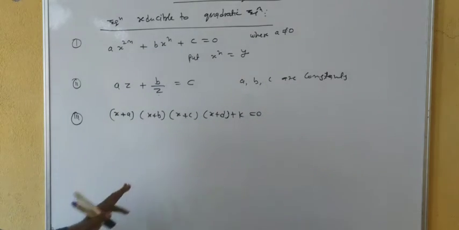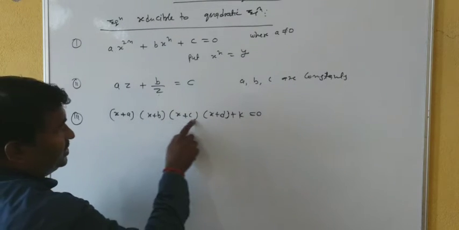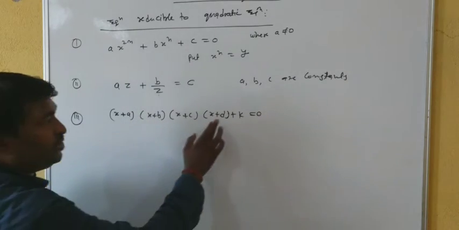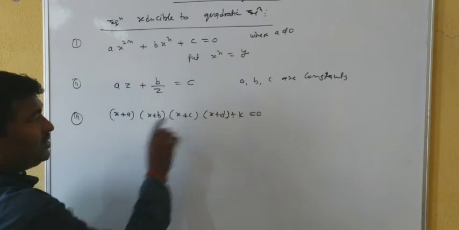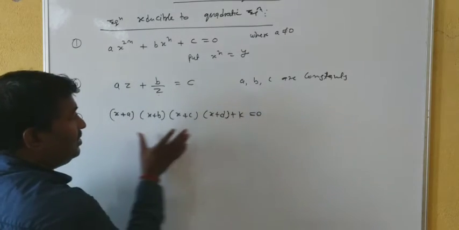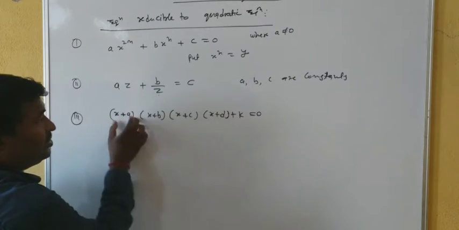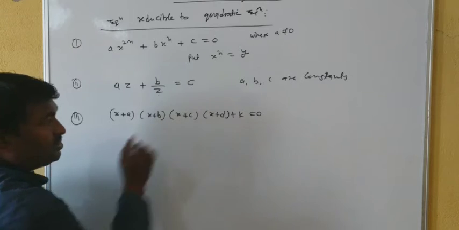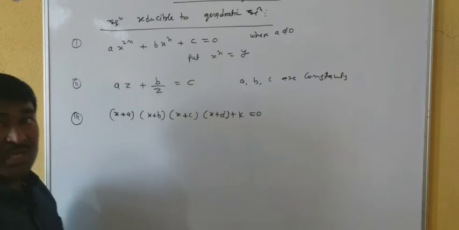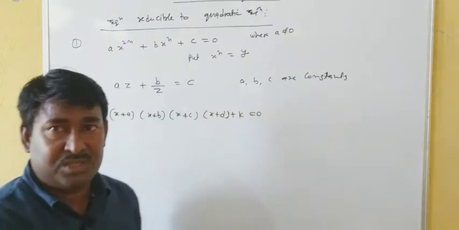So now the method is this: when the sum of two of the quantities a, b, c, d is equal to the sum of the other two, suppose the sum of b and c is equal to the sum of a and d, then take a and d together in one term and b and c together in another term. Thereafter you will get some common expression, and put that equal to y or z or something.